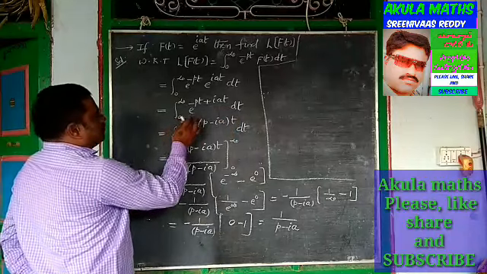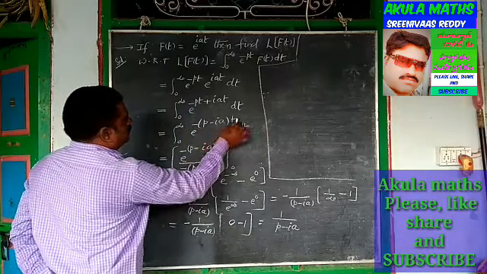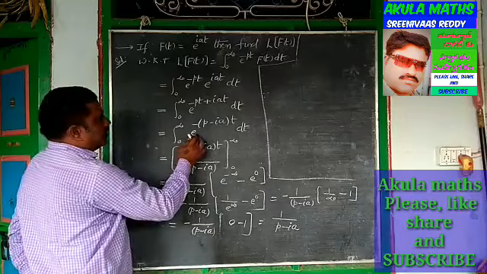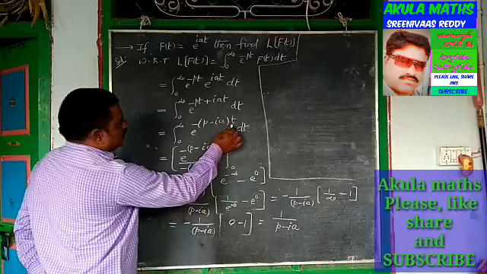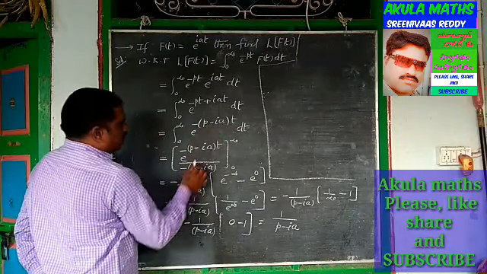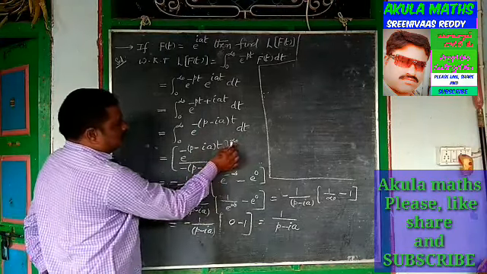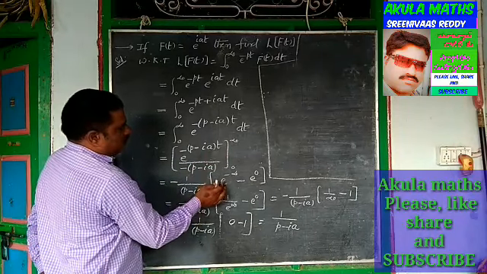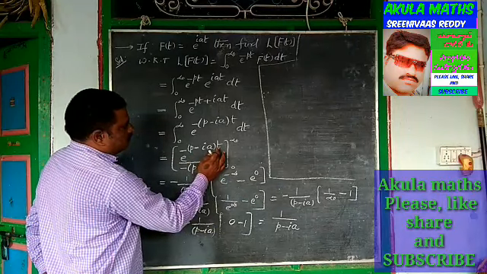So now integrating, this is in the form of e power x. So integral e power x dx is equal to e power x. So here we differentiate with respect to t. Here minus of p minus ia into a. Now first of all we substitute upper limit. E power, we replace t is equal to infinity. E power minus infinity minus e power 0.